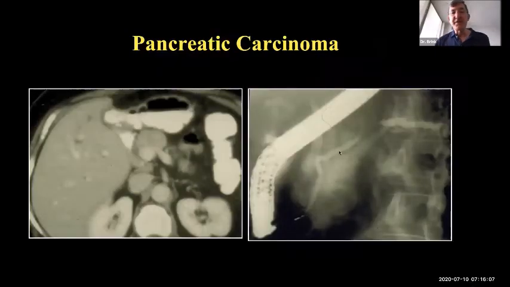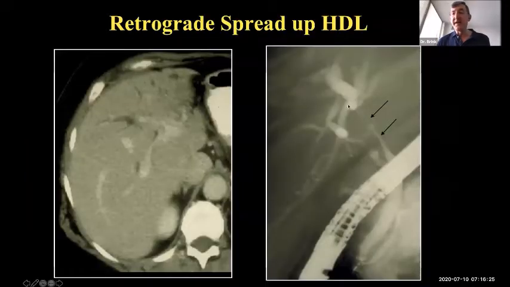Here's a patient with a mass in the body of the pancreas. We see proximal pancreatic ductal dilatation, indicative of this adenocarcinoma of the body. It's a rather unremarkable appearing mass on cross-sectional imaging. But what's remarkable is that there's also narrowing of the bile duct in the upper hepatoduodenal ligament with infiltration of